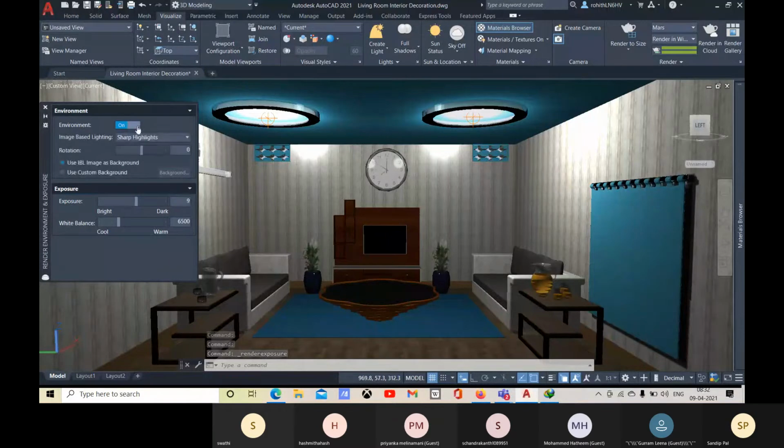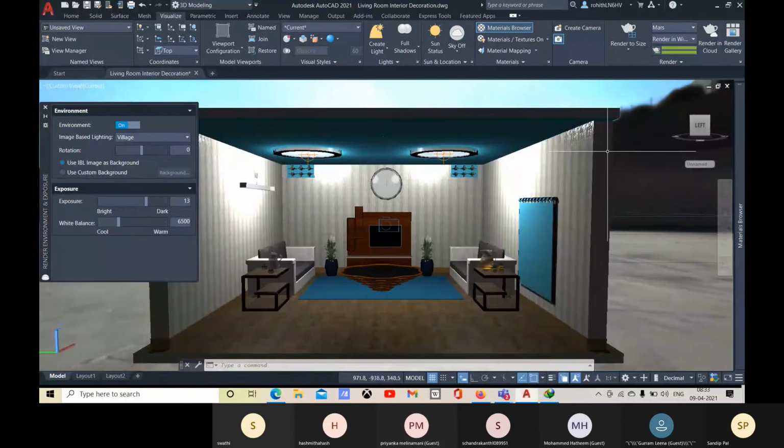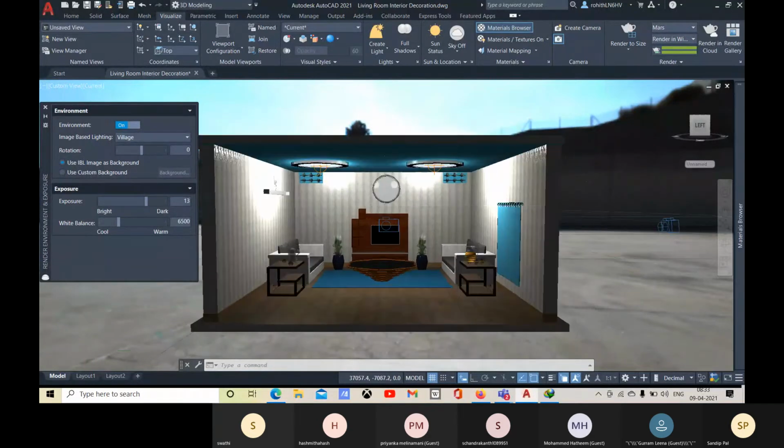Okay, so as per the environment also you can get some light. Image based lighting option is there, so you can go for image based lighting. These are the options. You can have any village there outside. So that background is there right now, I hope you can see. And as per that you will get some light as well, and you can control the exposure.